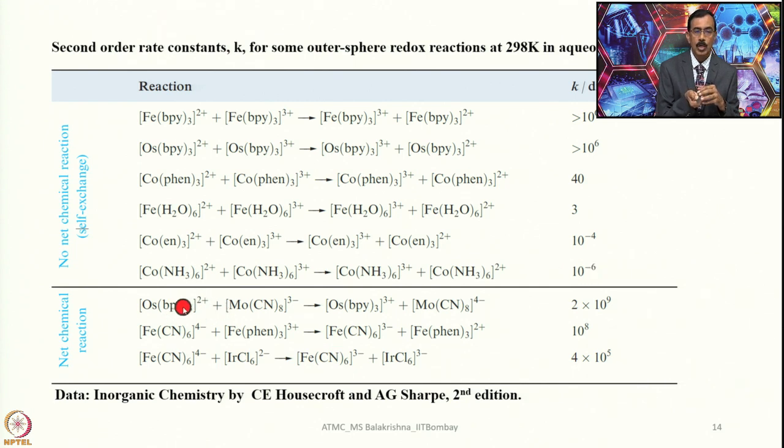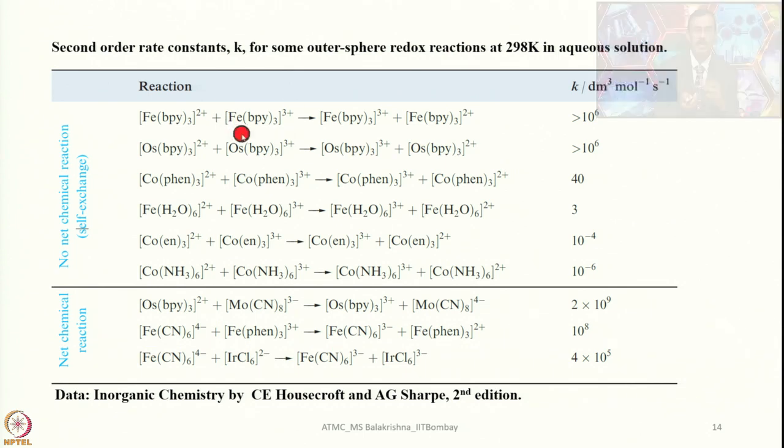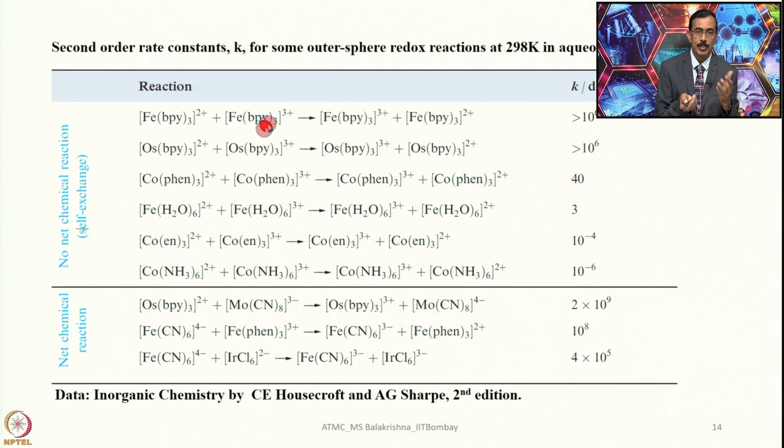Once again, we go for two different types of species. One has bipyridine, the other has cyano; one is a cationic complex, one is an anionic complex. You can see the rate here. Then with phenanthroline in one case, a cationic species, and the other an anionic species, the rate is this much, and for one iridium and one iron, the rate is this much. So now let us try to understand the rate process here and get some important information to conclude about the outer sphere mechanism and how ligands play a major role in these reactions.